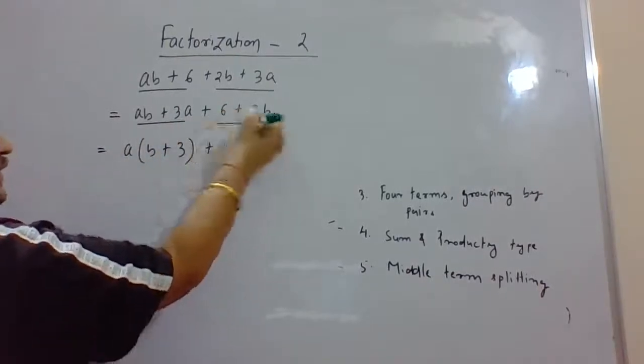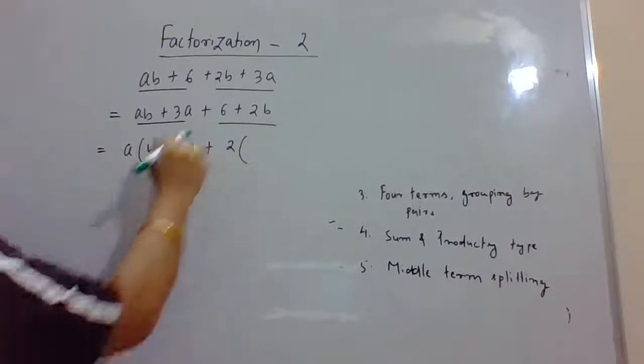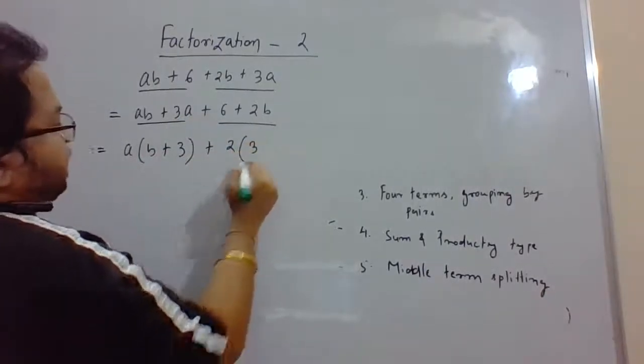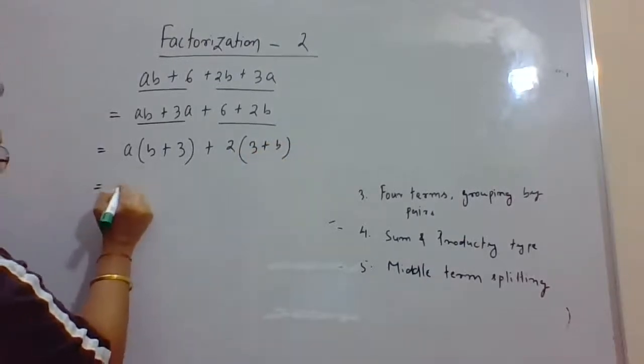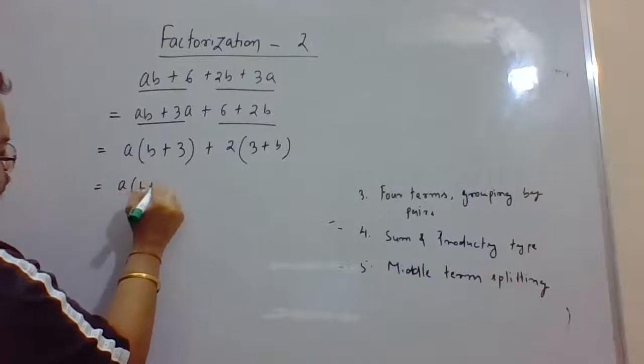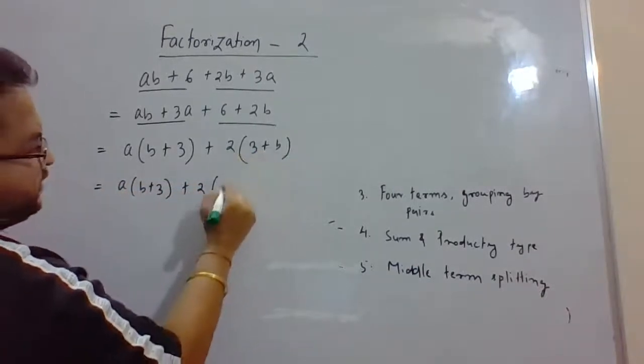Similarly, in the second pair, if I take 2 as common, it will be 3 plus b. So I can write a into b plus 3 plus 2 into 3 plus b, which is nothing but